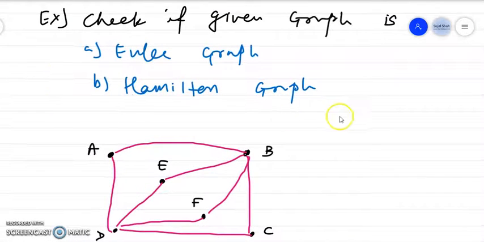So you can take this example for practice and check if the given graph is Euler graph and the given graph is Hamiltonian graph or not, and you can post your answer